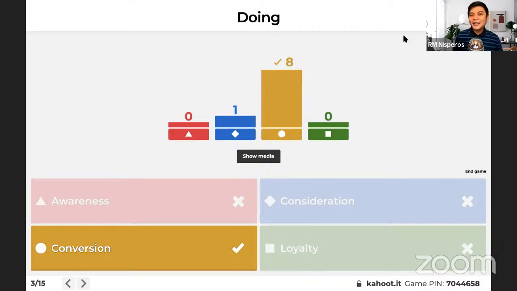Kapag nag-market ka lang through social media to websites, hindi usually bumibili. It involves a face-to-face conversation and negotiation. So yun yung conversion namin. I would generate interested individuals wanting to have a meeting with the business owner or the sales executive. So ganun siya.